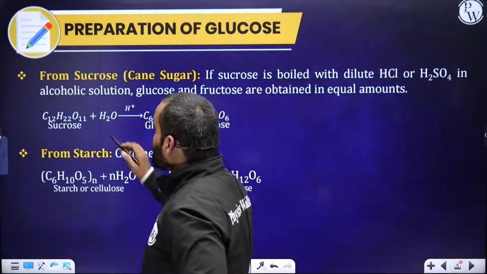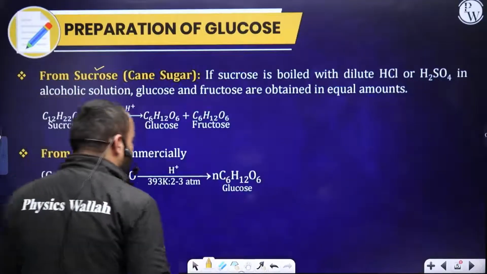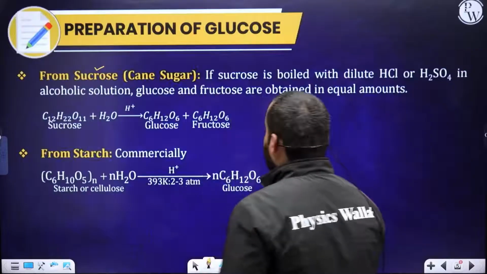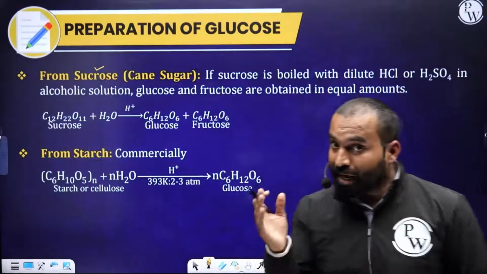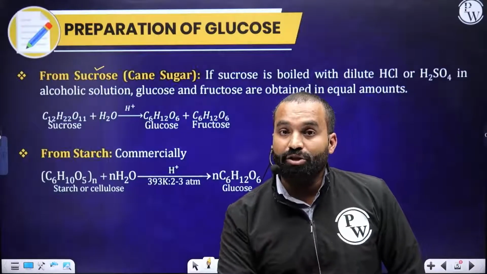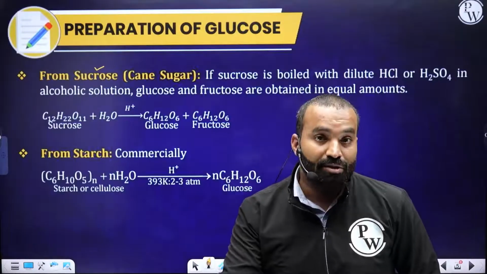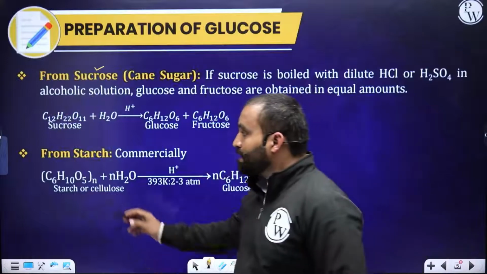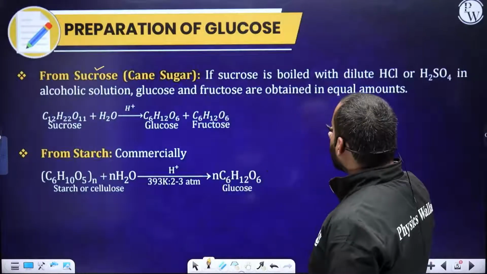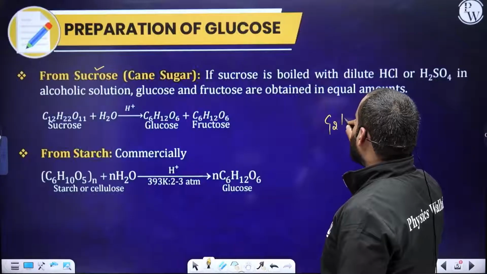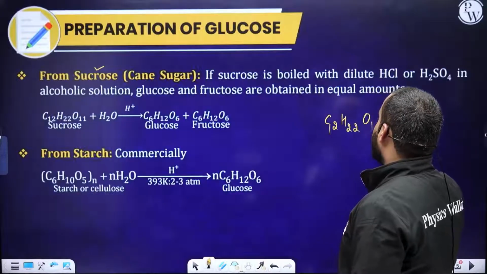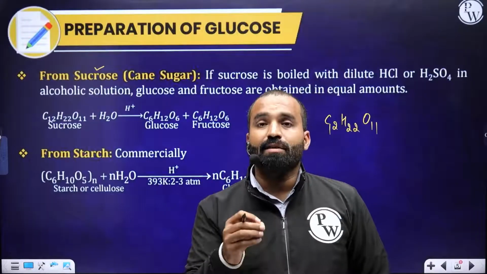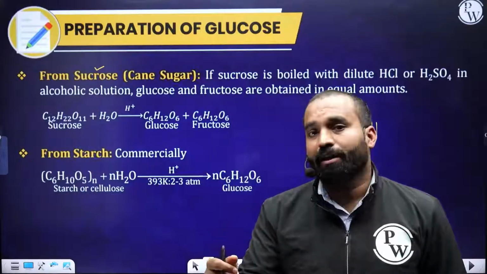You know sucrose very well, which is obtained from cane sugar. So the other name for sucrose is cane sugar. Sometimes in your board examinations or any sort of competitive examinations, if you see cane sugar, it means sucrose. What's the formula for sucrose, guys? It's C12H22O11. When you take a solution of sucrose in water and add some drops of acid, for example dilute HCl,